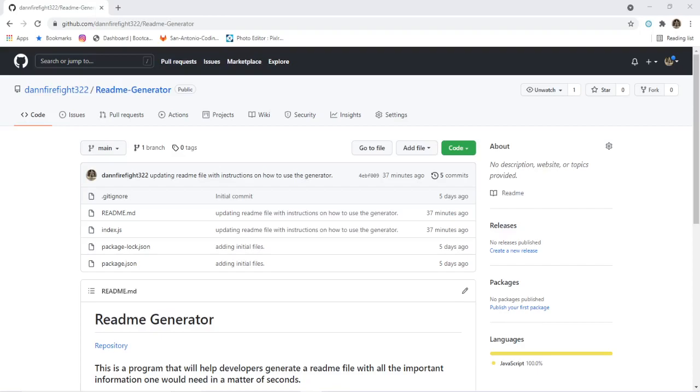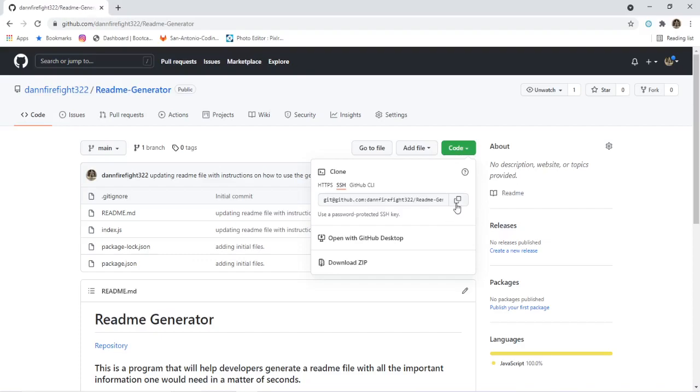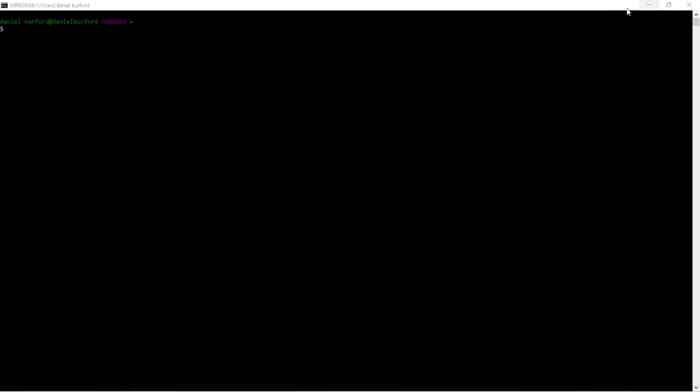So the first thing you want to do is go over to my GitHub repository for this project. It will be linked down below, and what you're going to want to do is hit code, and copy this code right here for your SSH. If you have an HTTPS, because you don't have your SSH keys set up, you can go ahead and copy that. But what we're going to want to do is copy the SSH code, go over to a terminal, which I'll be using git bash,